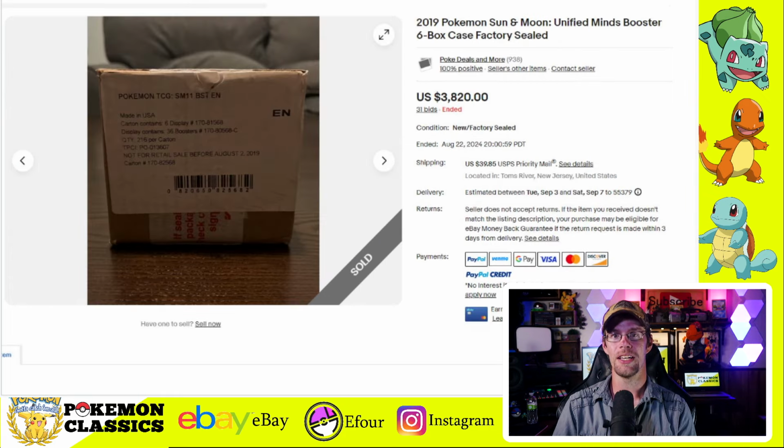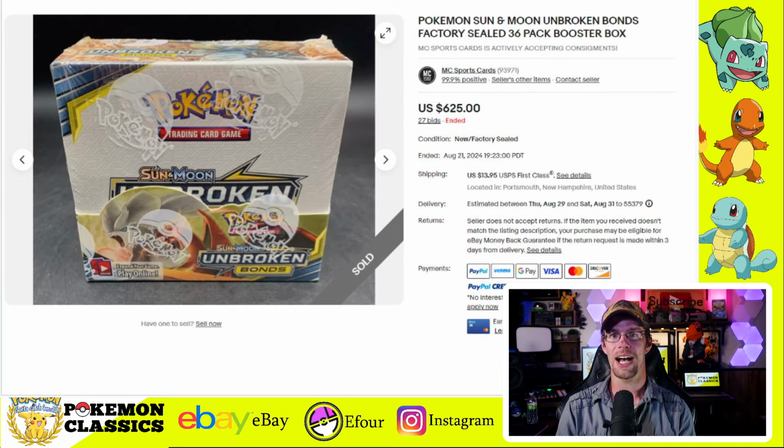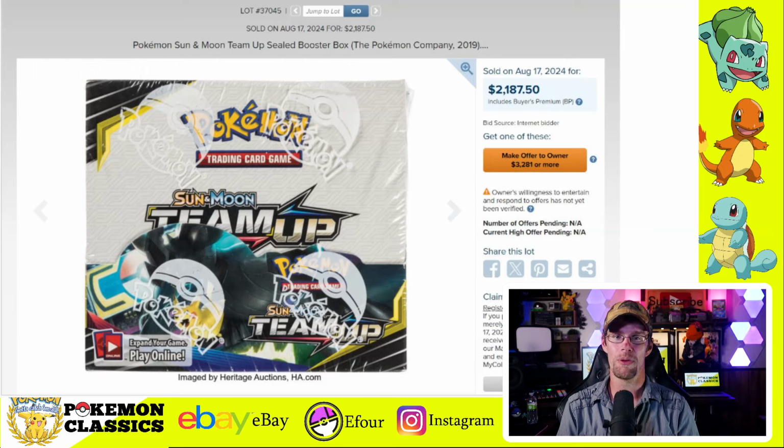We also have a case of Sun and Moon Unified Minds, and this one sold for $3,820. We've got a single box of Unbroken Bonds selling for $625. That's another one of the Sun and Moon sets. Speaking of Sun and Moon sets, we have a single box, just one, of Team Up, one of the more popular sets from Sun and Moon, selling for